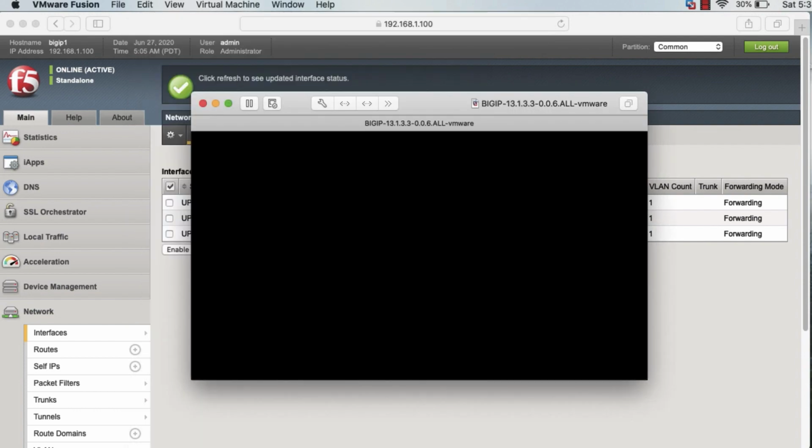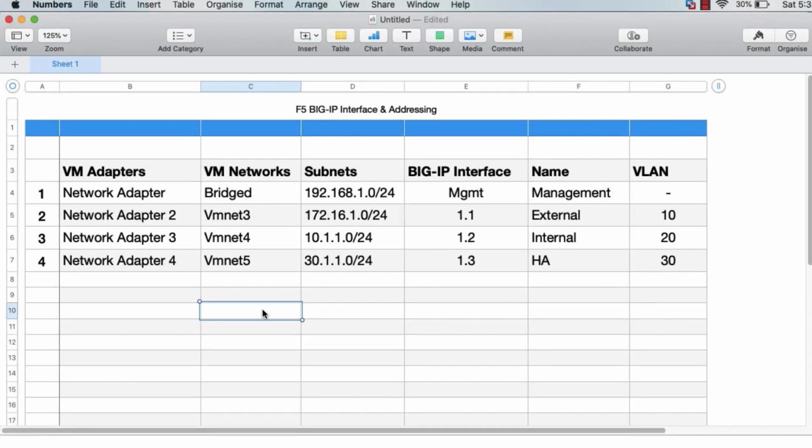Alright, so let me take you to the numbers. These three are created. I have assigned these three subnets to these three. This portion is also done. I did not have to touch anything on the management because it is already set up. I showed you that the default mode of these 4 adapters will be bridged.